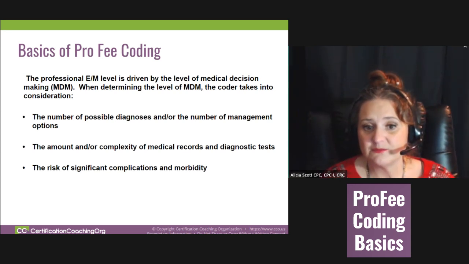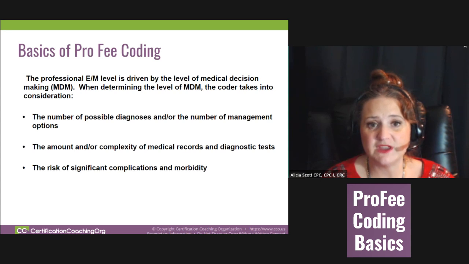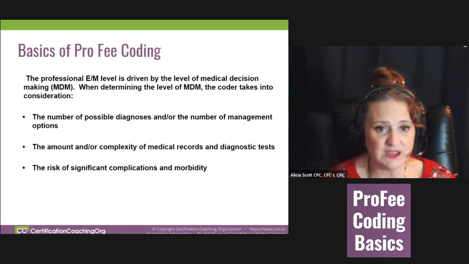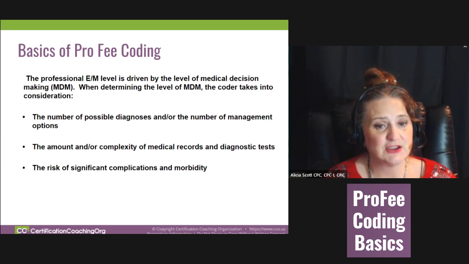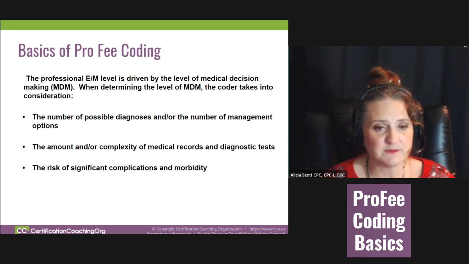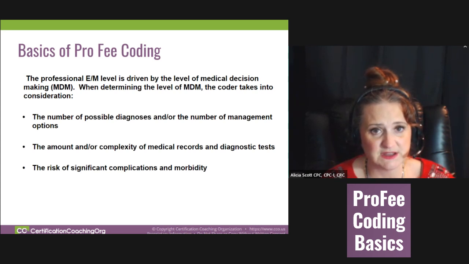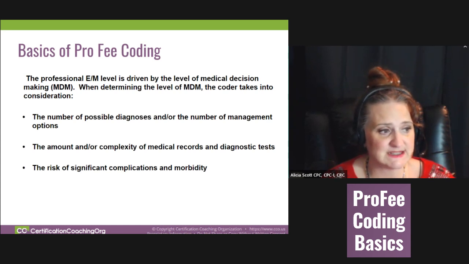Well, no, because morphine is something that you definitely have to regulate. But if it doesn't have all the components, now if it's an established patient, you only need 2 of the 3 components, and medical decision making can be high. However, if you don't have the history and you don't have the exam portions of it, just because they gave morphine, we need to know why they gave morphine.